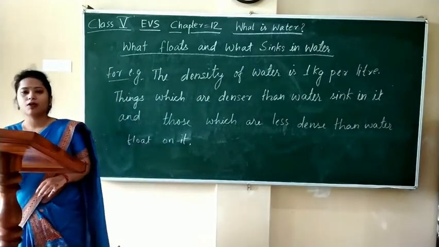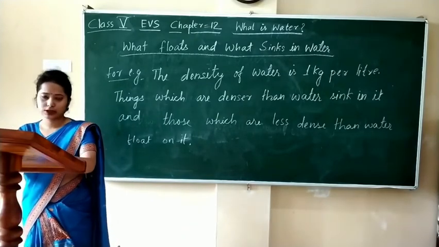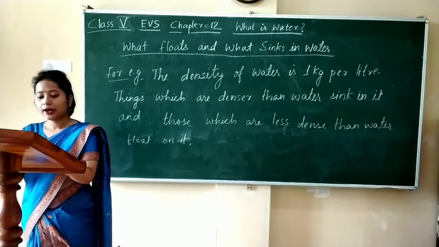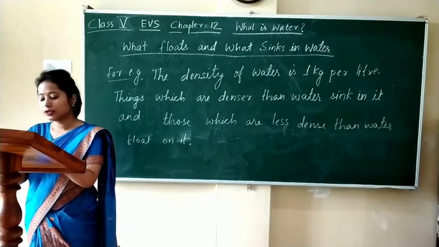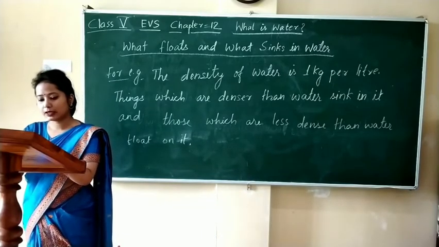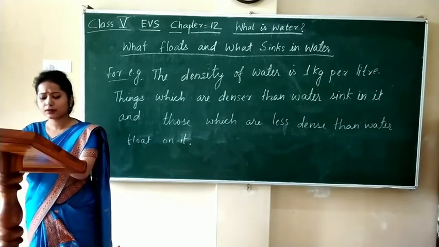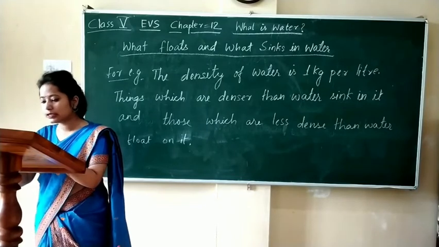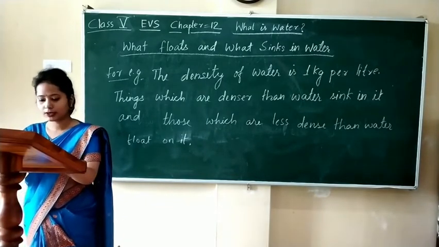Water expands on freezing. When water is kept in a glass bottle to form ice, you will see cracks on the bottle. This is because water, while freezing, expands and it requires more space. Hence, ice is lighter than water. This is the reason you find ice floating in a glass of water.